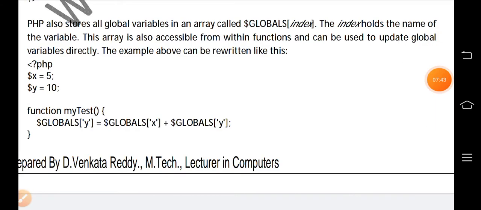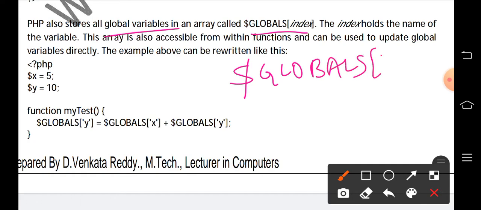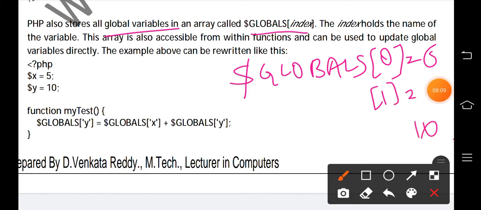PHP also stores all global variables in the GLOBALS array. If you say x is equal to 5, then it stores it like an array: GLOBALS of 0 is equal to 5, then GLOBALS of 1 is equal to 10, like that.